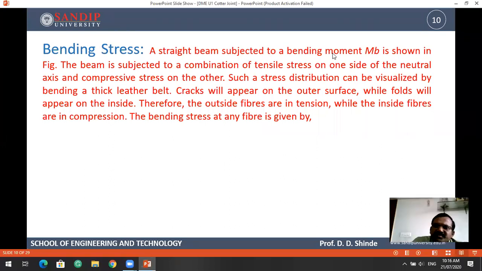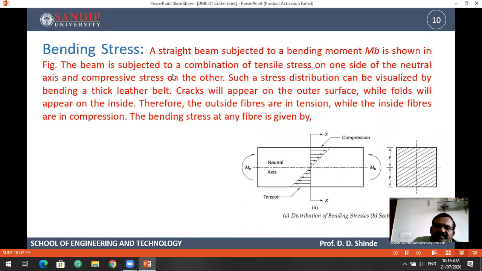A straight beam subject to bending moment Mb is shown in the figure. The beam is subjected to a combination of tensile stress on one side of the neutral axis and compressive stress on the other side. See, there is one beam, rectangular or square, which is shown. Now, if the beam is bent in this fashion such that the upper fibers will be in compression and the lower fibers will be in tension, such a stress distribution can be visualized by